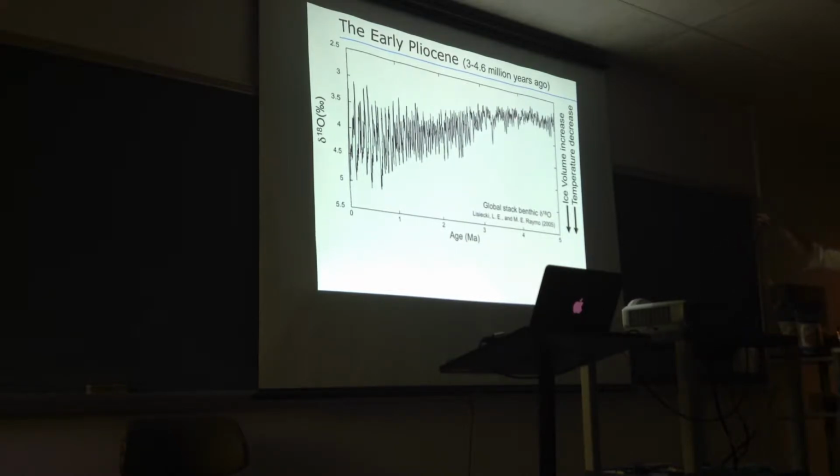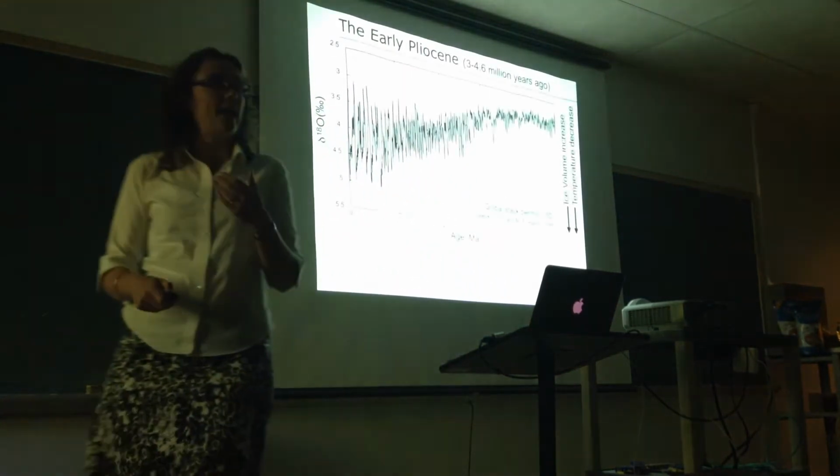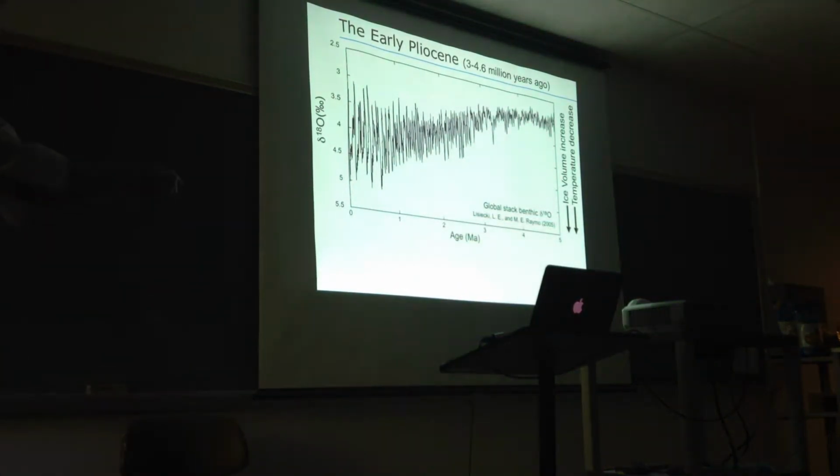So what you're seeing is a climate here that has, see how the variability is smaller? And then as it moves at around 3 million, you have this kind of big change, and this is the onset of northern hemisphere glaciation. So before that time, there was basically very little ice on Greenland and in the northern hemisphere. And then you transition to having more ice sheets. When you have more ice in the northern hemisphere that's more sensitive to orbital forcing, you start to get larger amplitude variability. It's still on a 40,000 year periodicity, and then here you move into the classic 100,000 year